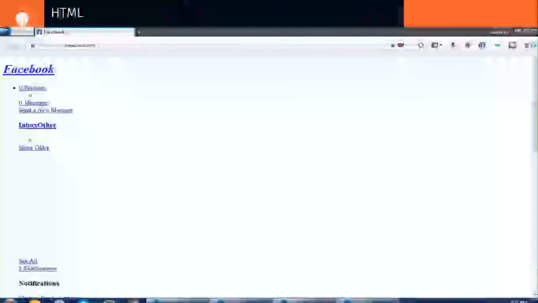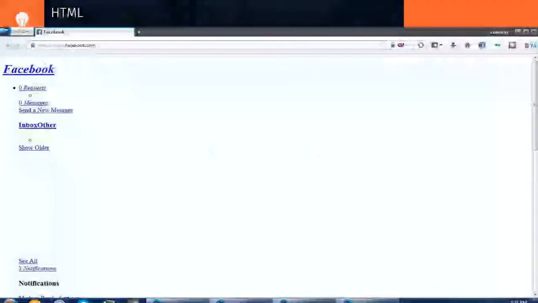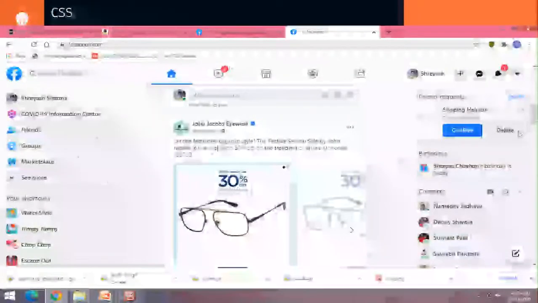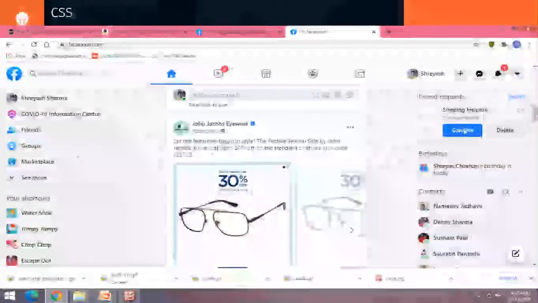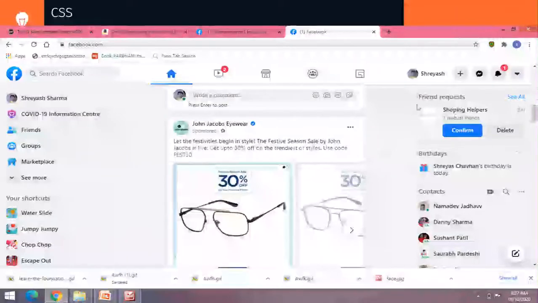Now we will take an example. If you have seen the Facebook page, first there is a header over here, Facebook, right? And then there is a section of requests, then messages, send message and notifications, right? And after adding CSS to it, you can see over here all the friend requests are shown, but the styling is very good and different.